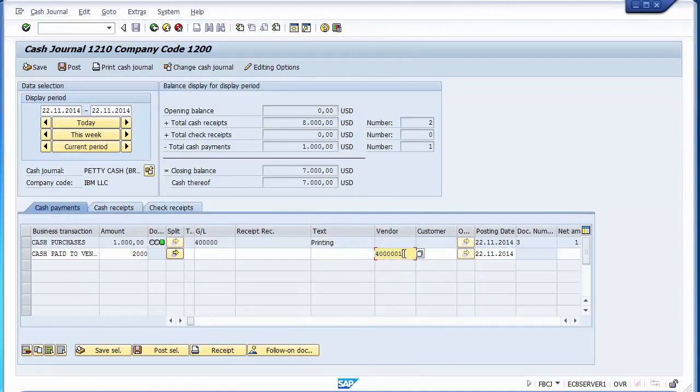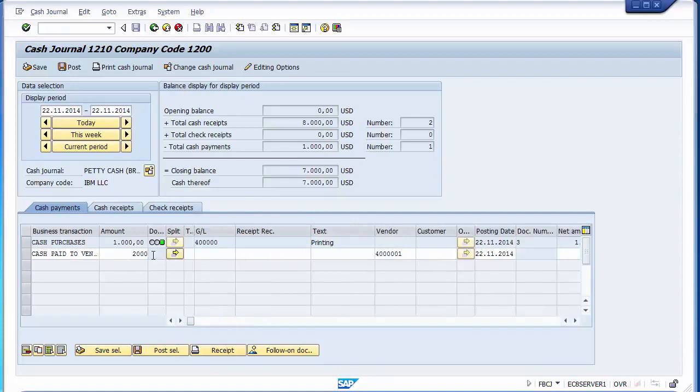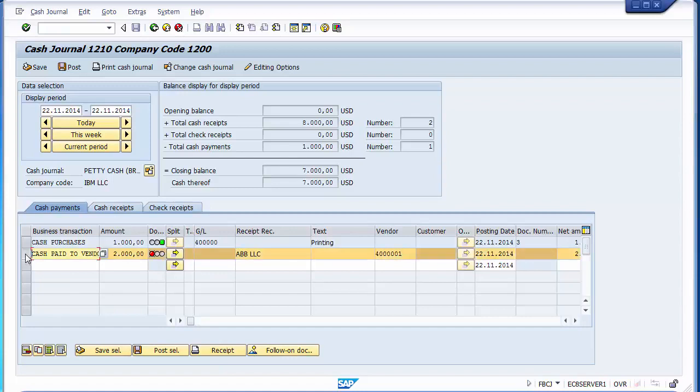and now once I have selected the vendor, I can move on and put the business area as well. 1220, sorry, 1020 will be used for the different petty cashier, that is the cash journal. Once I put enter, you will see that this screen will become red. Enter. So you can see it has become red now, means the transaction is recorded. The vendor I have selected over here, and the vendor name the system automatically updates over here. So I select this transaction now,